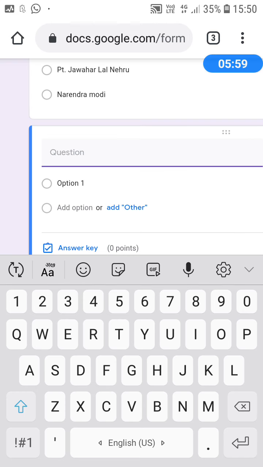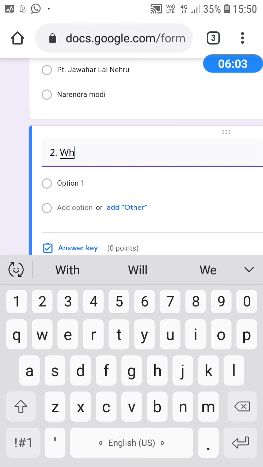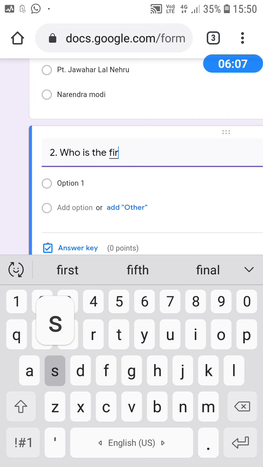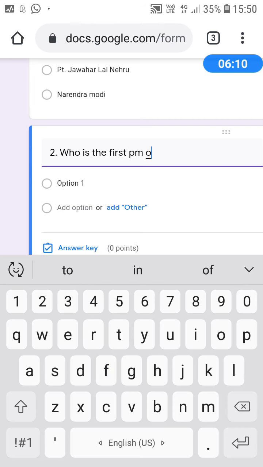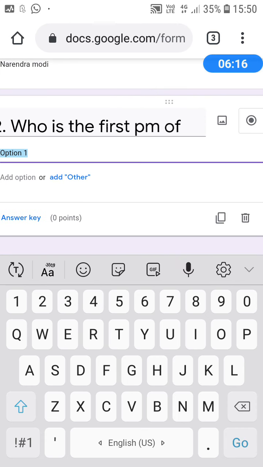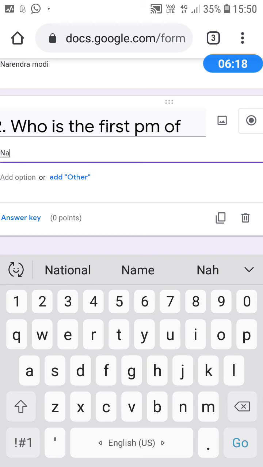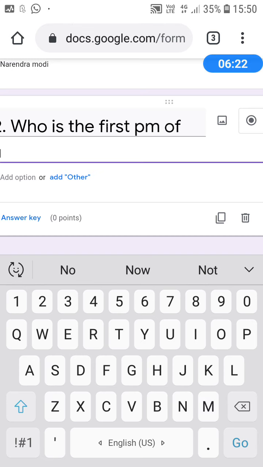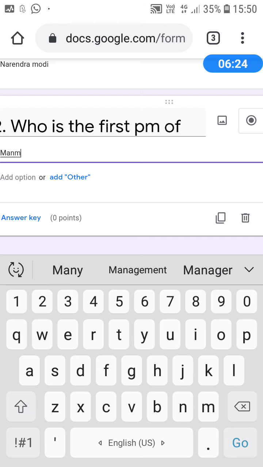Now the second question has been added. Second question I am going to write: who is the first PM of India? And then again I have to put some options here. Dr. Manmohan Singh.